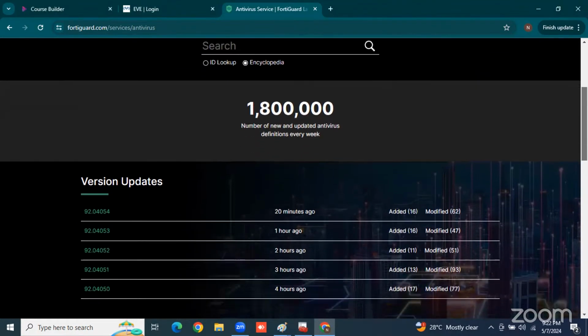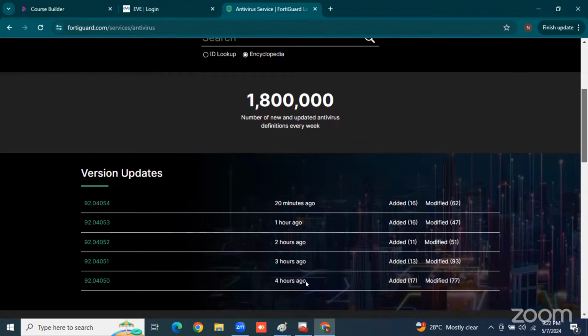So see, in the last 4 hours, there have been 5 pushes of the database versions. You can see that in every push, something has been added or modified, so it keeps on improving. The whole motive behind this is that if someone sitting in the North Pole has seen something, the person sitting in the South Pole should also be aware of the same thing at the same time. No delay. So if a person sitting in the US has seen a virus and the device has learned it, it will automatically